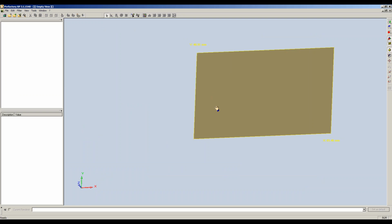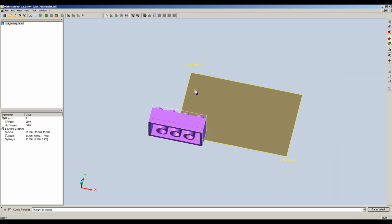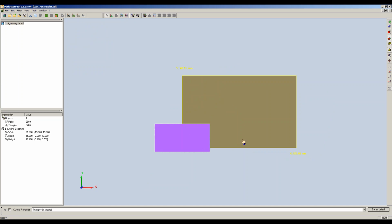So to bring in a part, I'm going to just use the file open here, and I'm going to use a Lego-like part. Everyone knows what a Lego looks like, so I'll just open this. Basically, it requires that you have an STL file. It shows you the part on the platform. I can rotate it around, so let's change it to rotate it 9 degrees about the x-axis, which takes it there. If I go into this view, I could actually drag it to position it on the